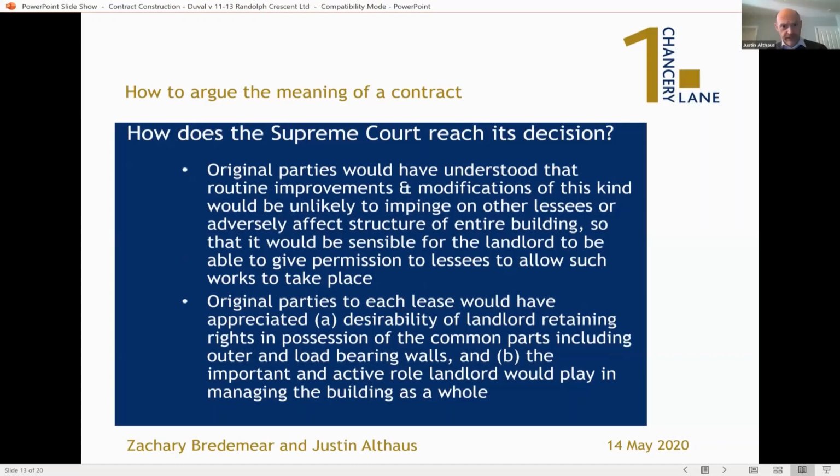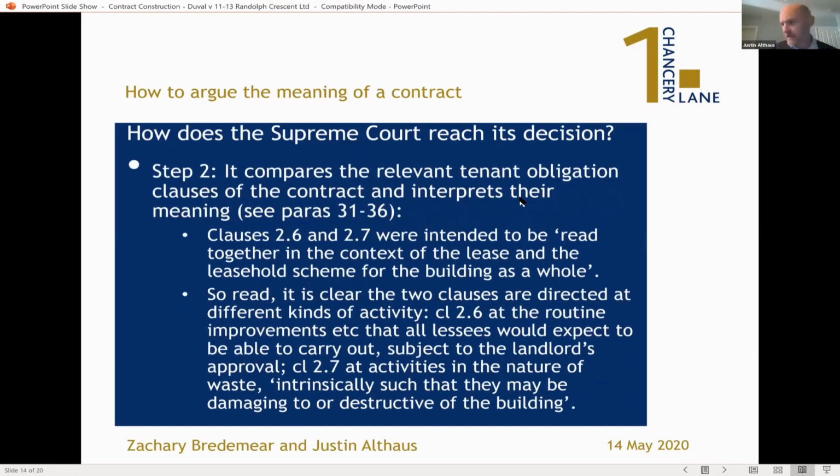But as against that, also the original parties would have realised the desirability of the landlord retaining rights in possession of the common parts, which would include outer and load-bearing walls, and would also have had in mind the important and active role that the landlord would play in managing the building as a whole. That's the first step that the Supreme Court